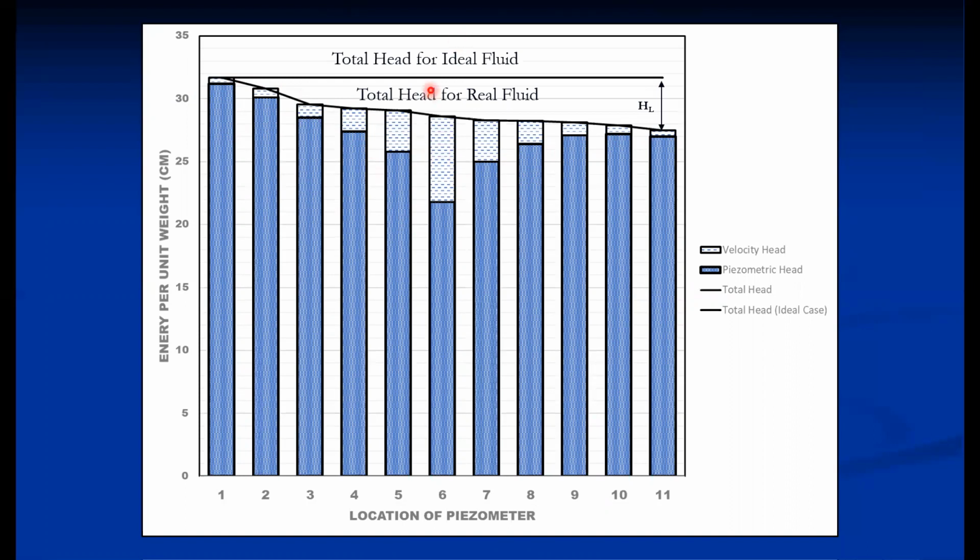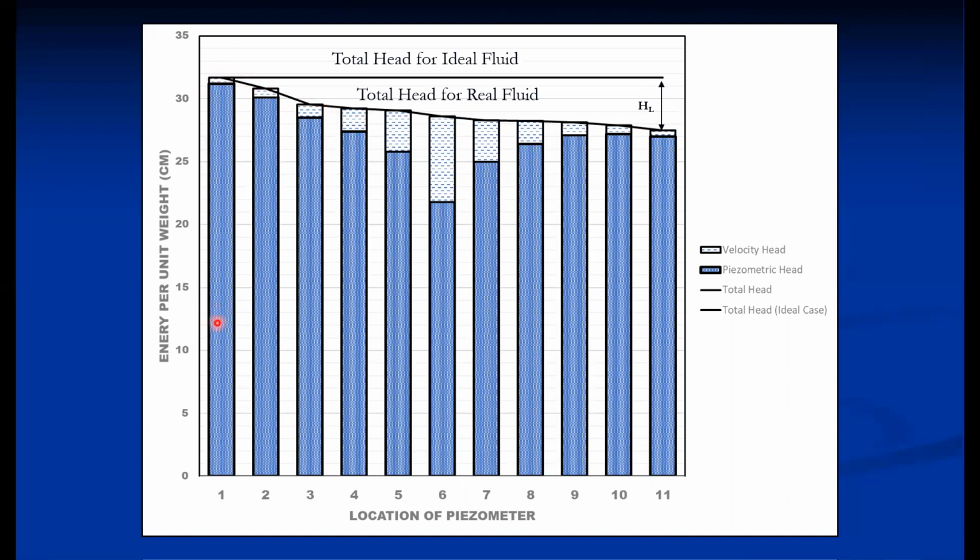You can realize here that the velocity head continuously increases because of the decrease of the pressure heads. The velocity head is maximum at section 6, because at section 6 the area is lowest, so pressure is lowest and velocity is highest. So pressure energy is converted into kinetic energy. And then again from 6 to 11, the pressure head increases and the kinetic head decreases. So this is the law of conservation of energy: if one energy decreases, the other energy increases.